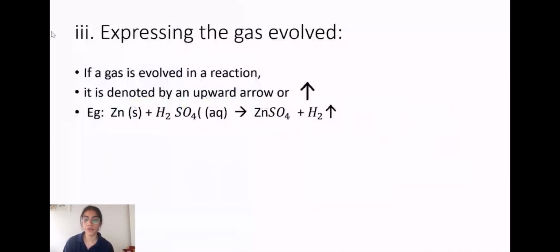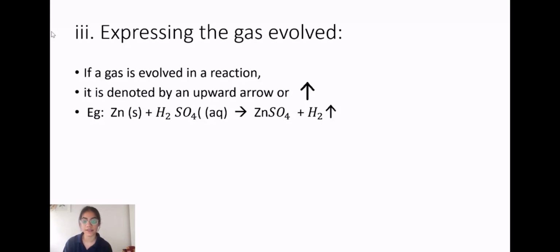Gas evolved. Usually, gases, when they are evolved, travel upwards, right? Hence, when a gas is evolved in a reaction, it can be denoted using an upward arrow. In the given example where zinc reacts with H2SO4 to give zinc sulfate plus hydrogen, we see that hydrogen gas is evolved. First, we balance the entire equation and then we write that zinc is in the solid form,